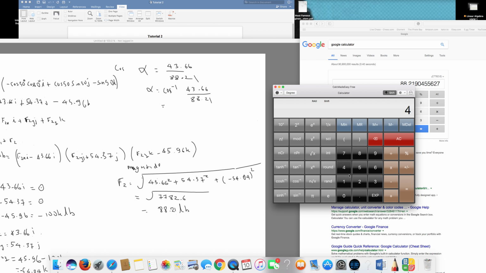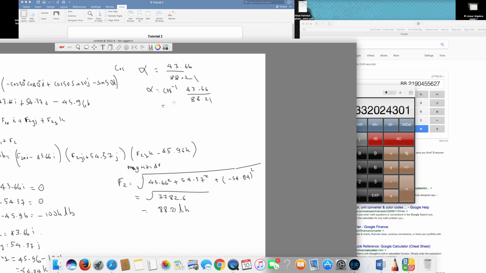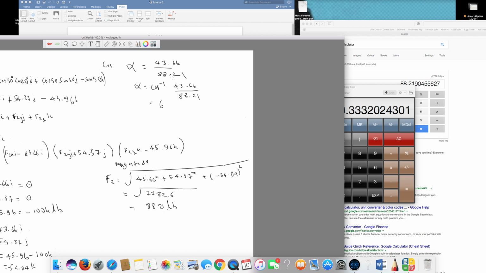So 43.66 divided by 88.21 is equal to this. And if I cos inverse this one, oh god, this is not in degree, this is radians. So let's see. 43.66 divided by 88.21 is equal to this. Cos inverse, yeah, this should be in degrees, guys, be careful. 60.33